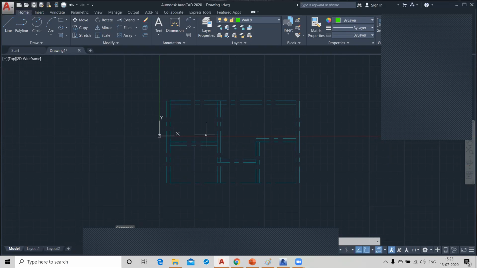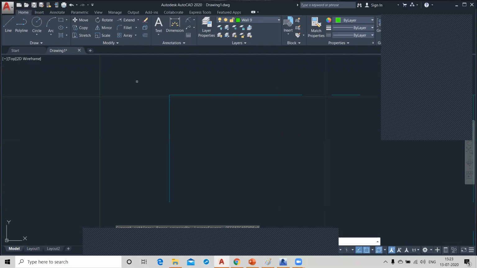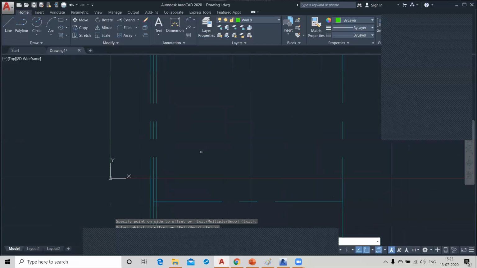Oh, sorry, center line, right? Yes. And you can select your walls. You can draw the object like this because this is the center line. That's why you can draw on both the sides.